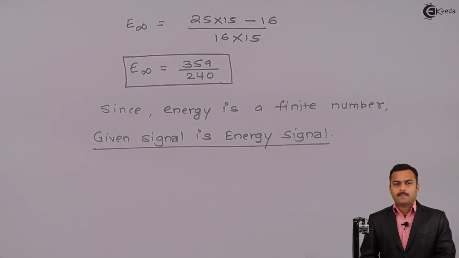So in this problem, there is a combination of signals from minus infinity to infinity, and we solved for the energy of the signal, which is coming out finite. Hence the signal is an energy signal. One thing you have to keep in mind is that whether it is a sequence from 0 to infinity, or minus infinity to minus 1, or minus infinity to infinity, the signal needs to be convergent in order to prove it is an energy signal.